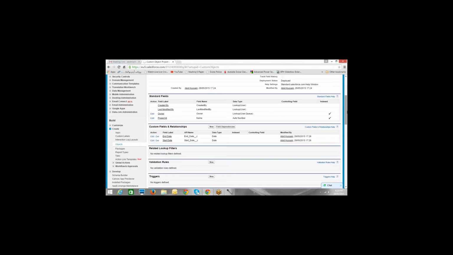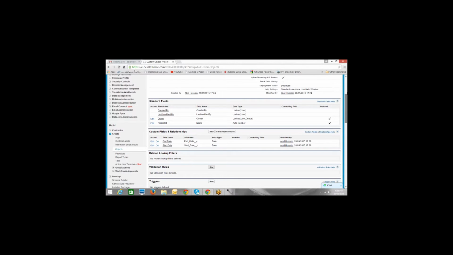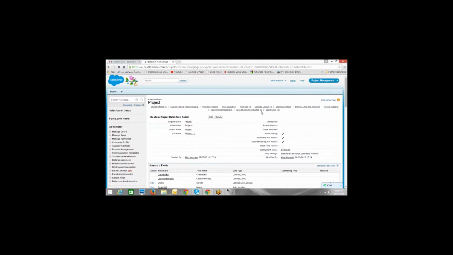All right, cool. Now we'll create a tab so that I can display this object. So my object is almost ready. Let's say, my object is ready. I am not willing to put any more fields here. I will just create a tab so that I can put that tab in the project management app.